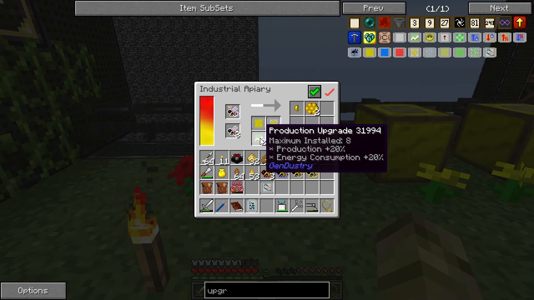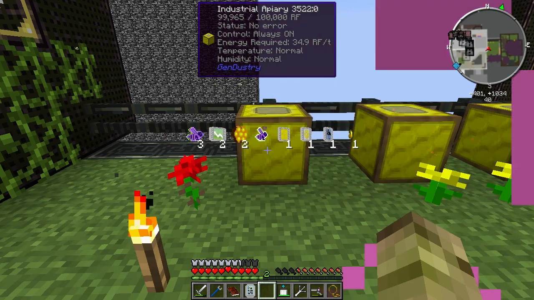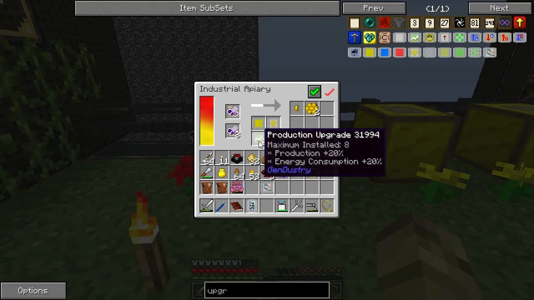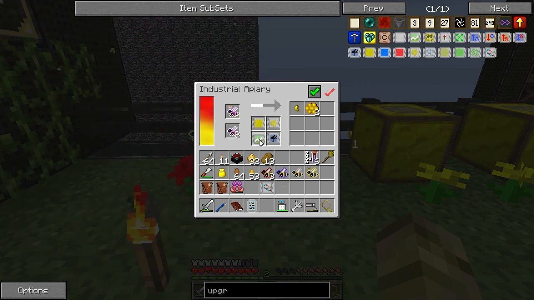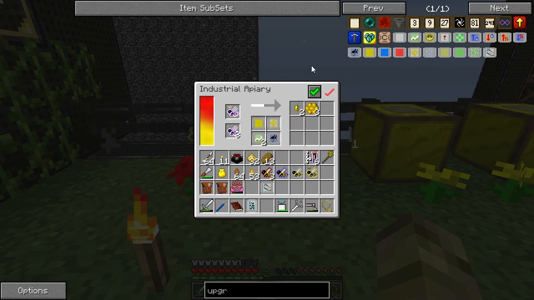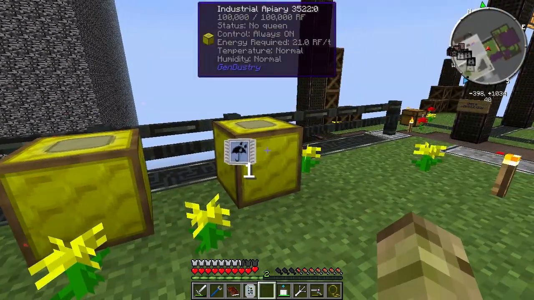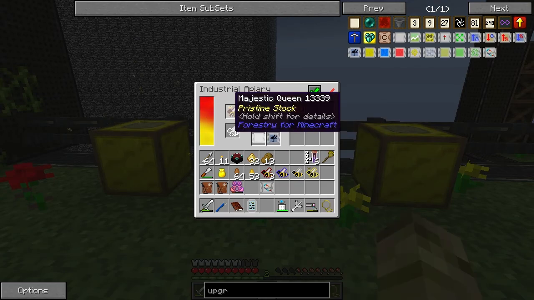Only problem is it uses 39, sorry, 34 energy now. And if I take one out, 29. So that's an increase of about 5 roughly. Yep, that's working great now. So I get loads of production out of that. And I'll probably add a few in these ones as well. So why don't I look here, Majestic,